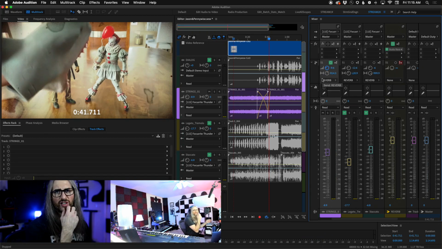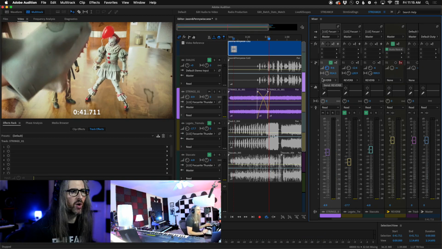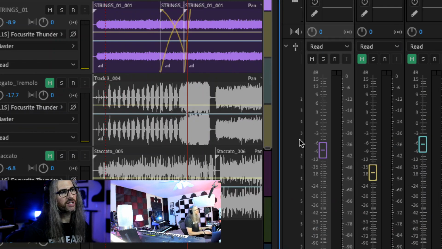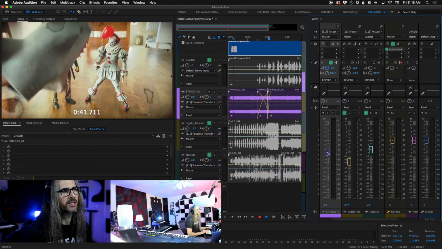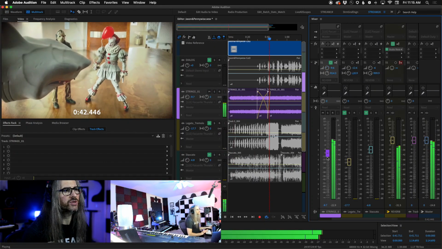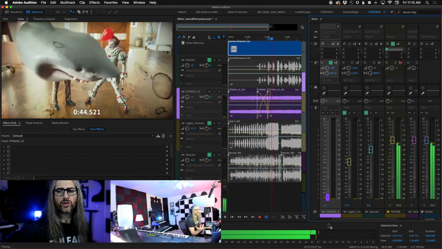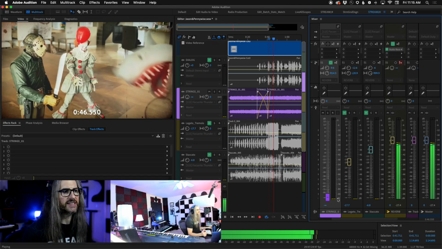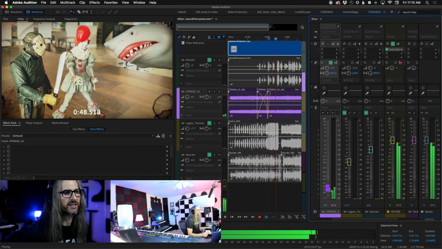Depending upon how much of the bowing I want to hear, because I have it pre-fader, this fader here is controlling all of the dry signal discretely. So if I pull it out, you're only hearing the reverberated signal. The more of this I bring back in,